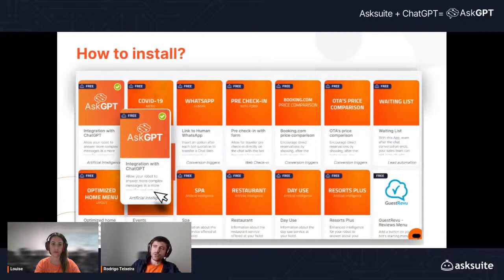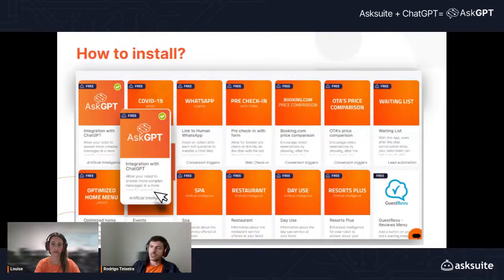So finally, two big reasons to go to your Ask store right now and install Ask GPT. First, you will be instantly improving your AI understanding rate, even without adding any new content. By simply activating it, we will be able to read all your content within our dashboard to better assist your potential guests.